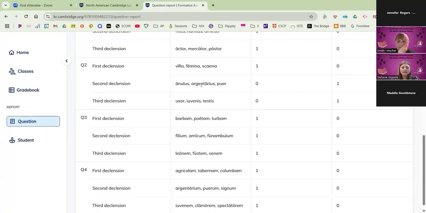And then you're looking at the results just after class gets out, and you think, oh, okay, wait a second. I think that they might have had trouble with the second declension R ending, or uxor with its gender and the gender association.